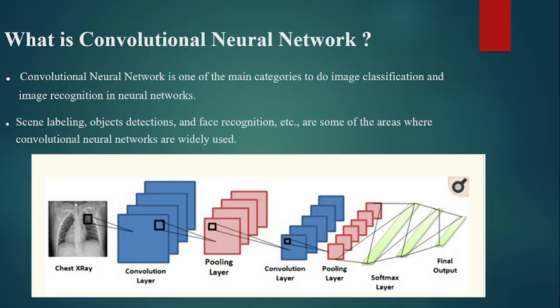Now these are the various layers of the CNN network. Initially we provide the chest x-ray as an input, and then it passes through the convolutional layer. This convolutional layer is a key component of the CNN and is always the first layer. Its purpose is to detect the presence of a set of features in the image received as an input, and then it passes through the pooling layer.